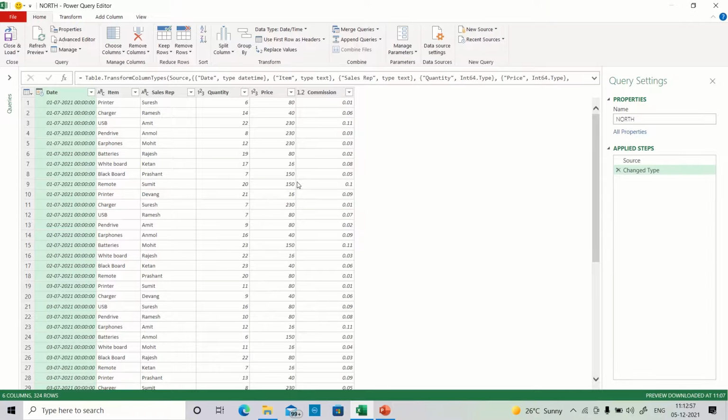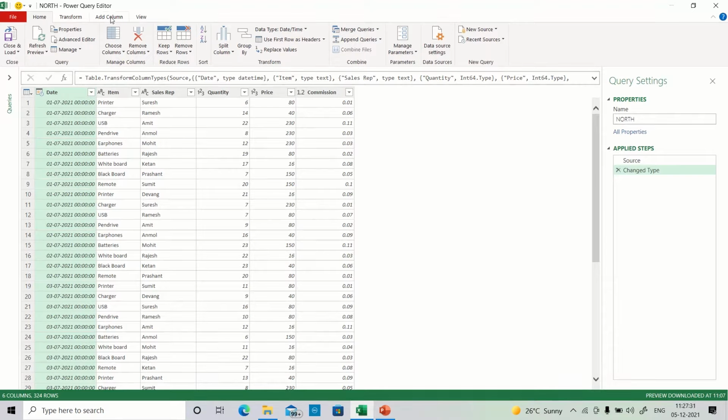Now what I have to do is make sure that this data is saved as a connection and I don't load this data back to the Excel worksheet. By saving this data as a connection, I'll be able to access it using Power Query and later use it to append the tables. Now, there is a problem with this data set: nowhere does it mention that this is the North region's data. That means when I append all those tables, I would not know which region a particular record is from. So I need to add a column which states the region of a particular record.